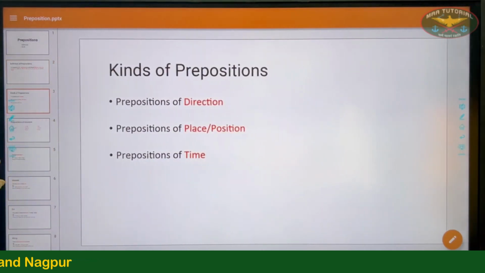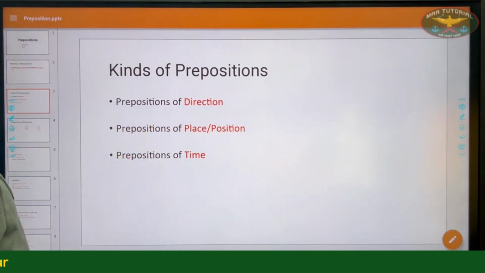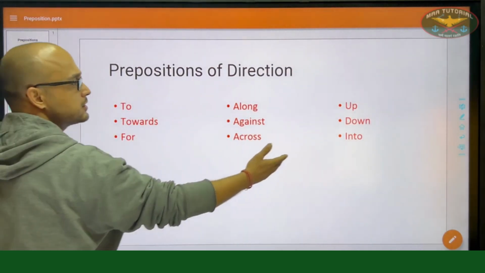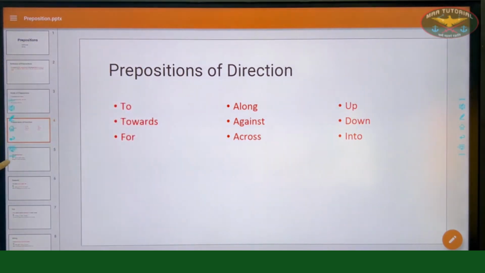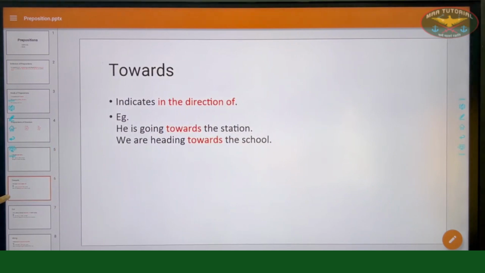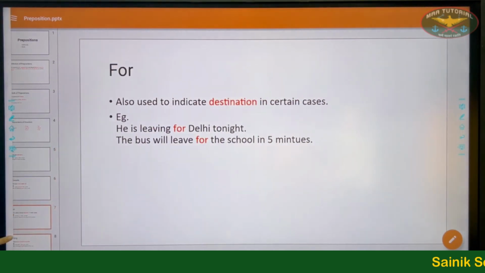Then we saw there were three kinds of prepositions: prepositions of direction, prepositions of place and position, and prepositions of time. We covered prepositions of direction. We saw there were nine kinds: to, towards, for, along, against, across, up, down, into. Then we saw to tells us destination, towards indicates the direction, for indicates destination in some cases,